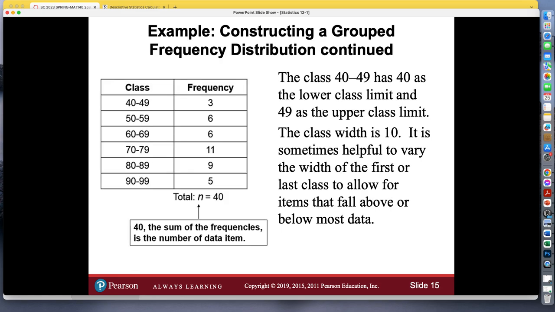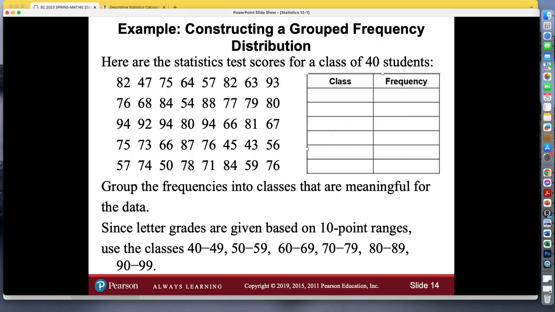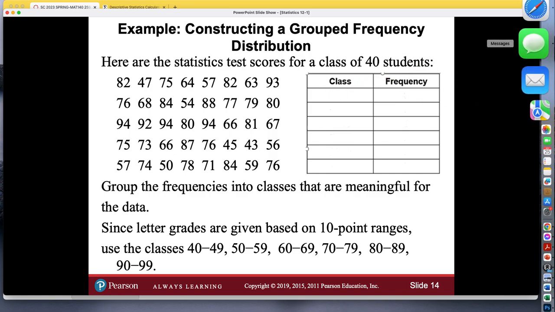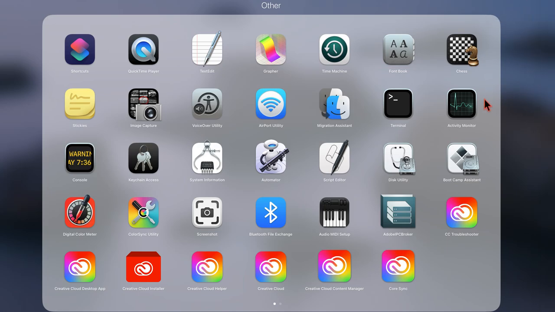I can't remember if I filled them in or not. So, and again, it's kind of tedious, as I said. It was, let me get my,